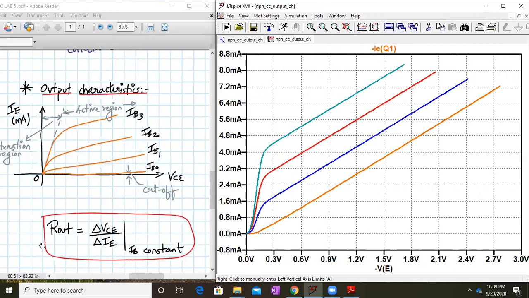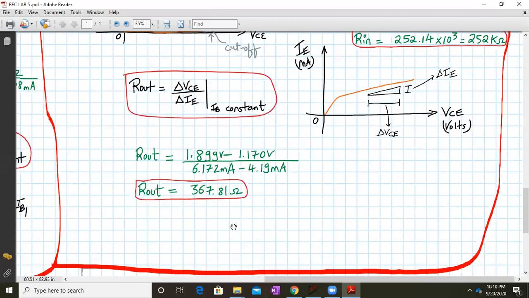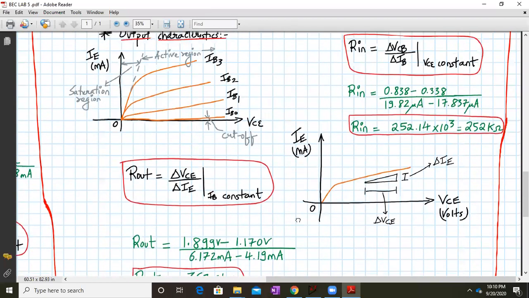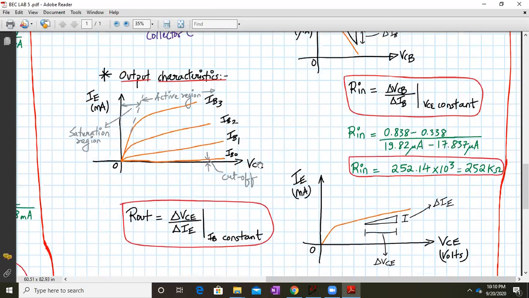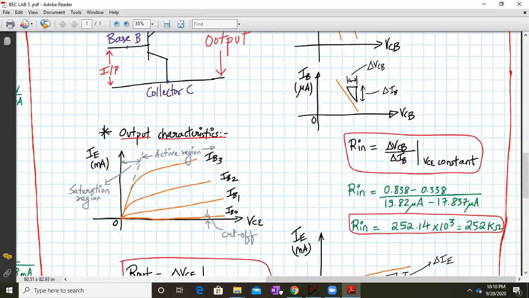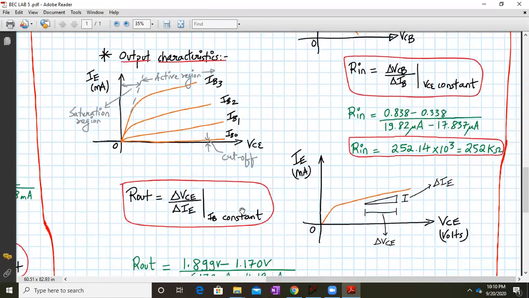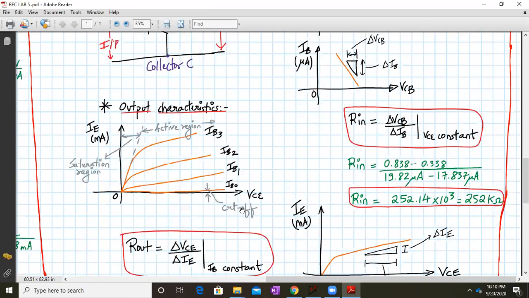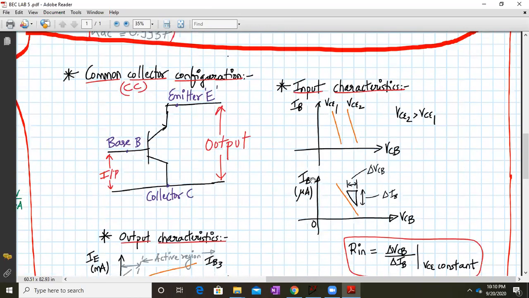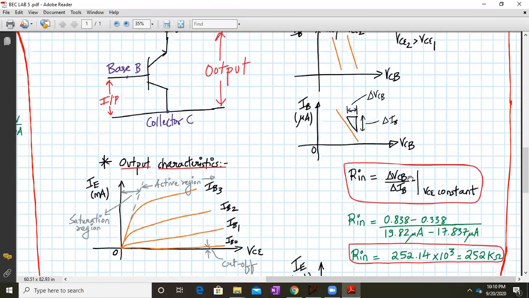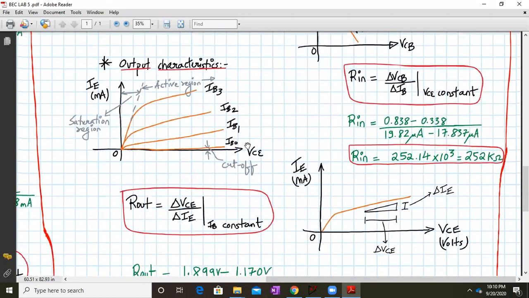So if you do this, R out will be equal to VC1 minus VC2 upon IE1 minus IE2. You'll get the value of R out, and the value of R out is coming out to be, for me, very low. It's 367.81 ohms. So that's the way to determine the output impedance from the output characteristics, and input impedance from the input characteristics, for my common collector configuration. So again, I revised the common collector configuration. We have input characteristics. From that we determine input impedance, and we have output characteristics,